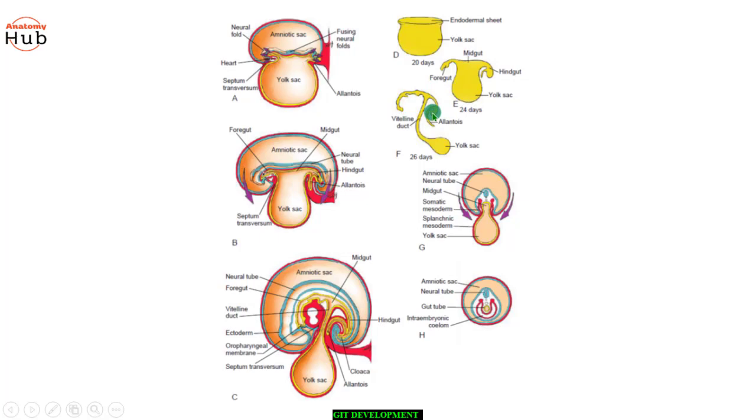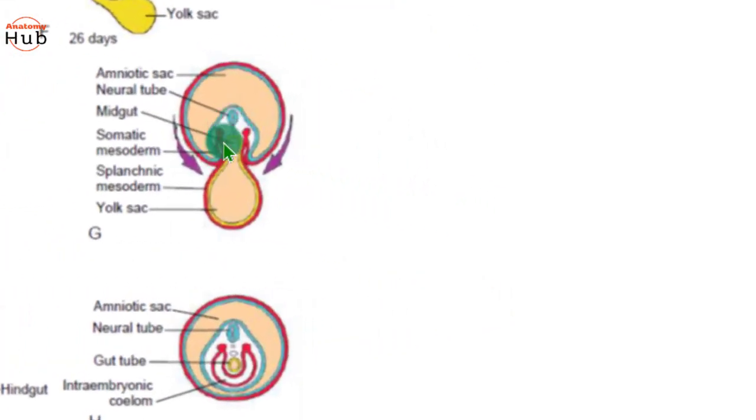When the edges meet, the ectodermal, mesodermal, and endodermal layers on each side fuse with the corresponding layers on the other side, that you can observe here in the figure. As a result, the ectoderm of the original embryonic disc covers the entire surface of the three-dimensional embryo, except for the future umbilical region where the yolk sac and the connecting stalk emerge.